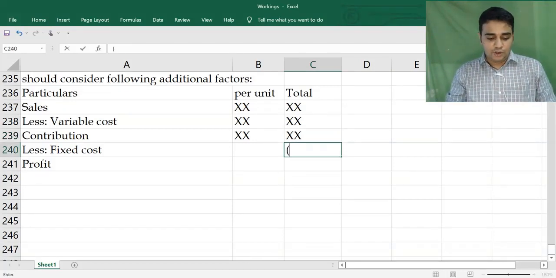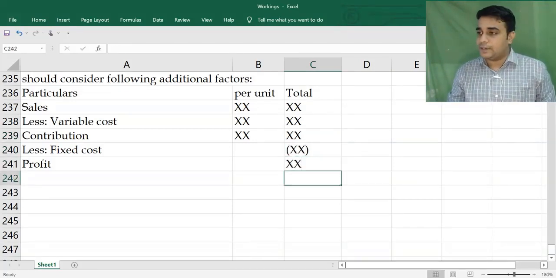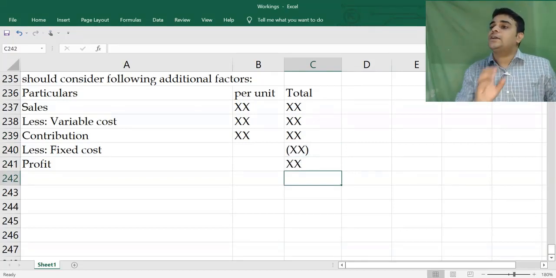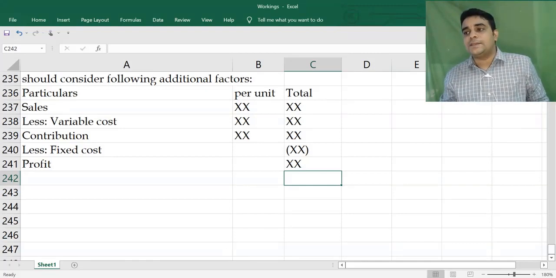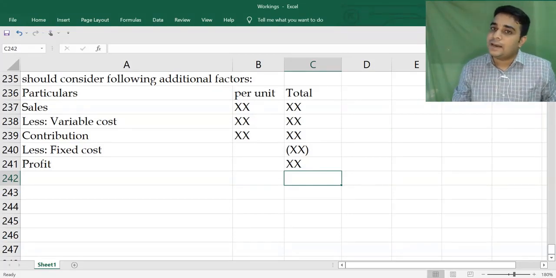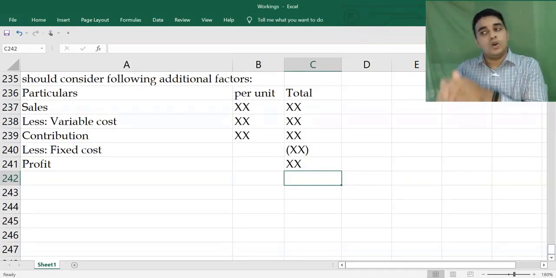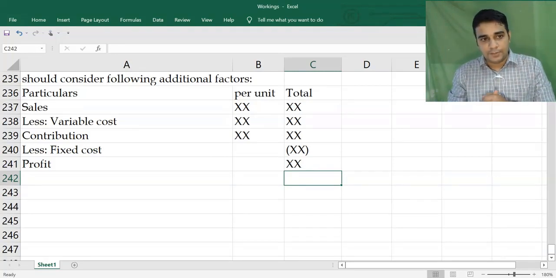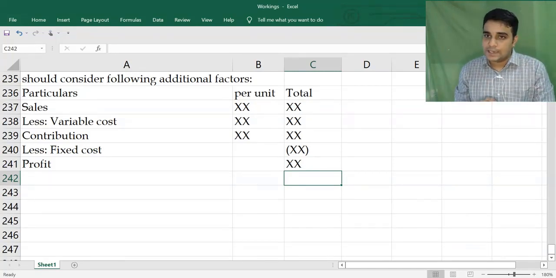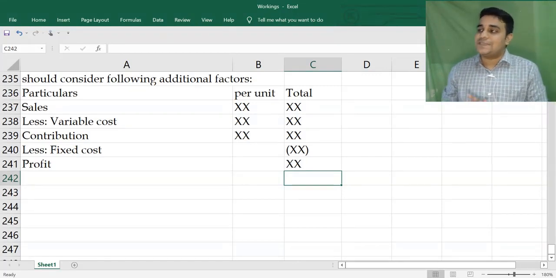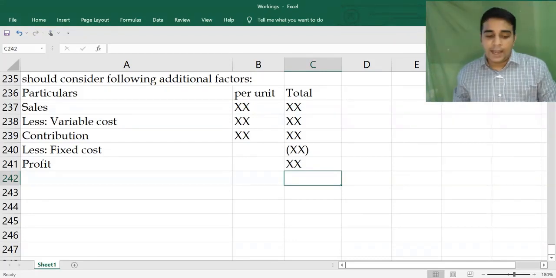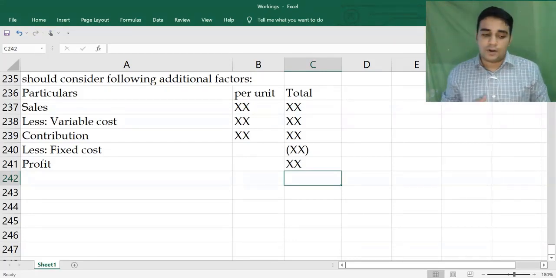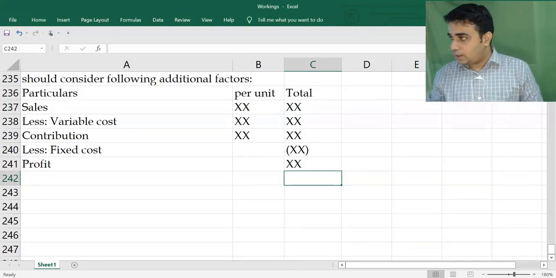We should ideally not capture fixed cost at a per unit level. Even if the question gives you fixed cost per unit, it's misleading information. We will convert that information into total fixed cost. Any problem you are solving, fixed cost per unit is misleading information. We should ideally not look into that. Ideally, I should look into an information called total fixed cost.